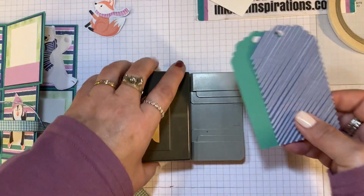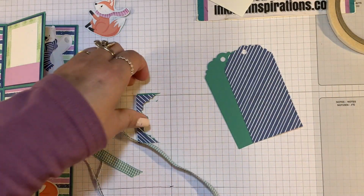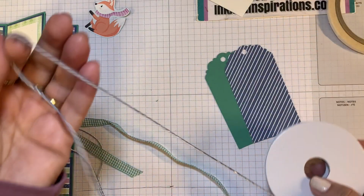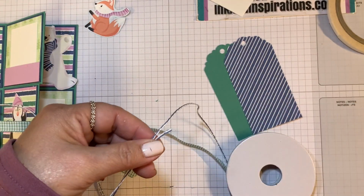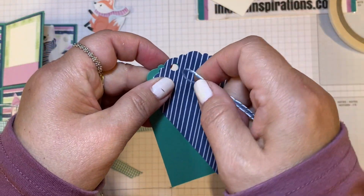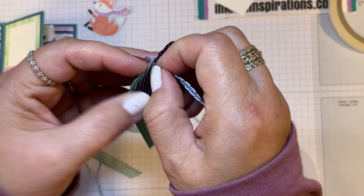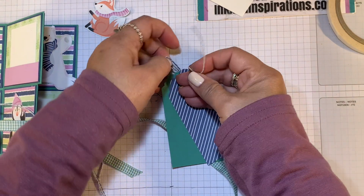Punch. Okay, and then I'm going to take another little bit of this twine, and I'm going to double it. It's probably about 8 inches. And I'm going to cut that off. And then I'm going to tie these two together. So I'm going to take that loop, go through both of those holes, and